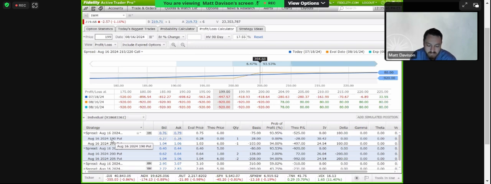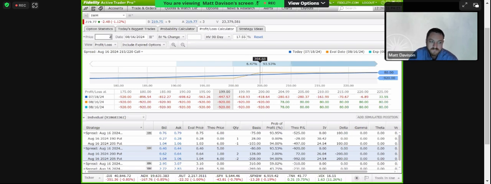And this is why it's so important, when you're forming your outlook and picking a strategy, to have a very specific idea of what you think is going to happen. Once you have that, that's how you know whether to pick this one or that one. I can't answer that with the information I currently have. It's, do you think that we can go below 200? Well, if yes, but it's not going to be as bad as 190, potentially this one's better than this one. But if you think we're staying at 200 or above,